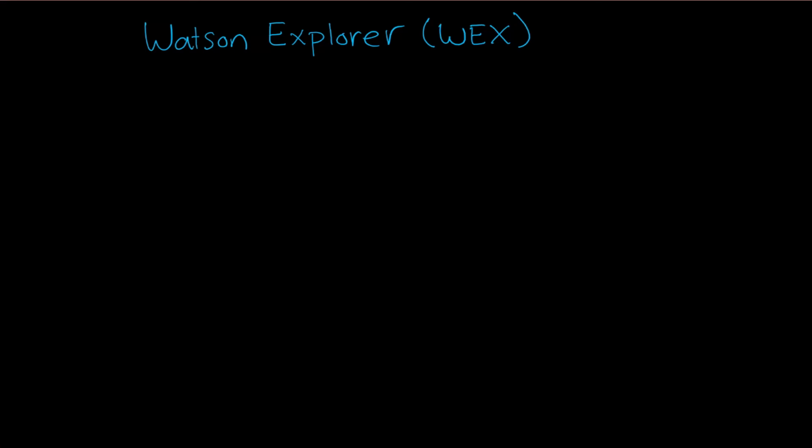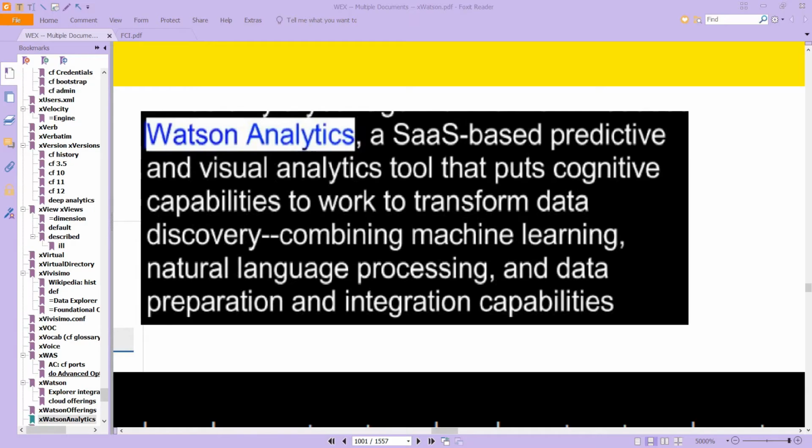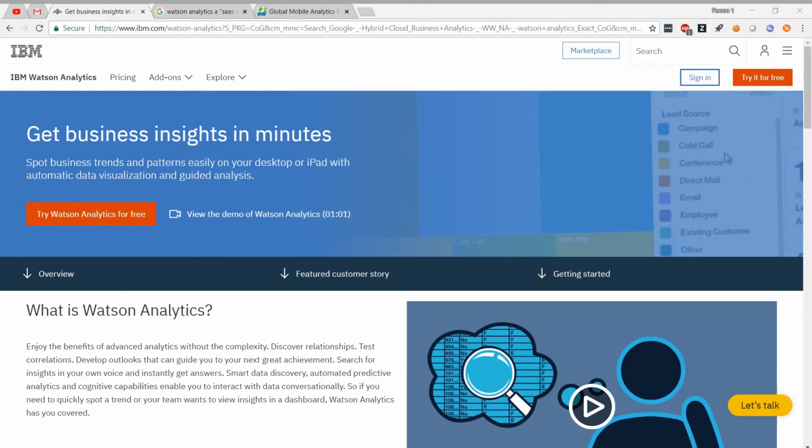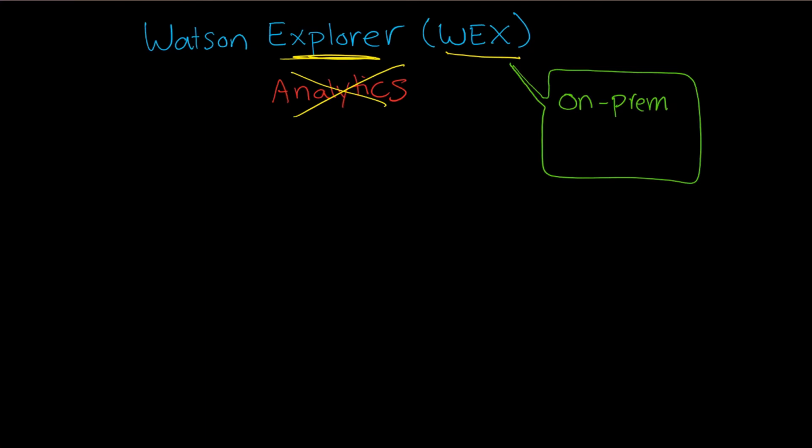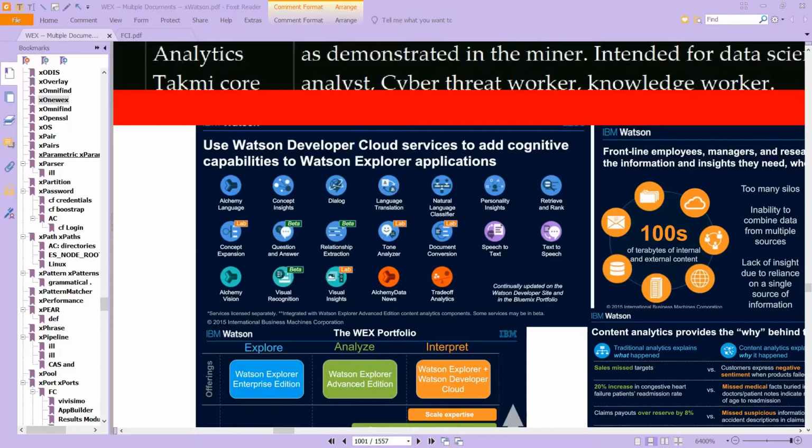In this video, we're going to install Watson Explorer. Now, first of all, this is Watson Explorer and not Watson Analytics. Watson Analytics is a SaaS-based offering, and here's its webpage, whereas WEX is an on-premises, or on-prem, solution. Now, even though it's on-prem, you can access cloud-based services using the Watson Developer Cloud, which gives you access to